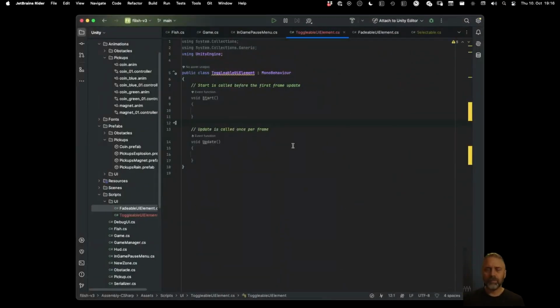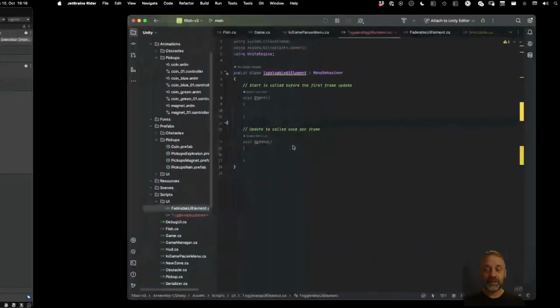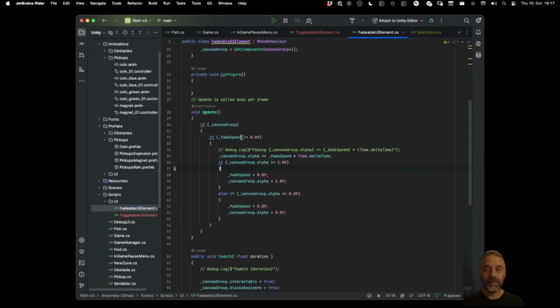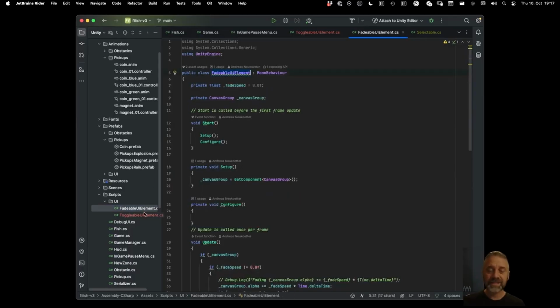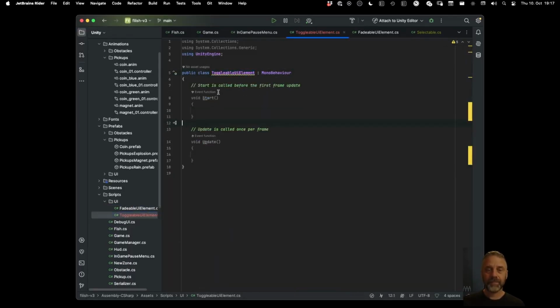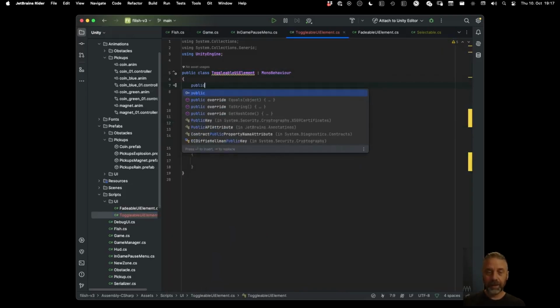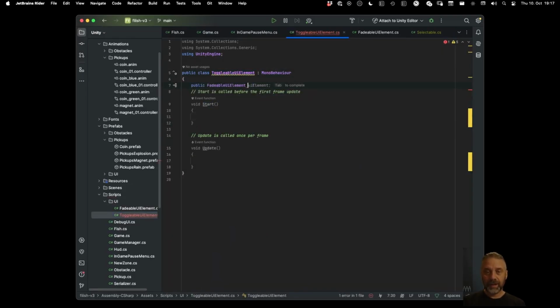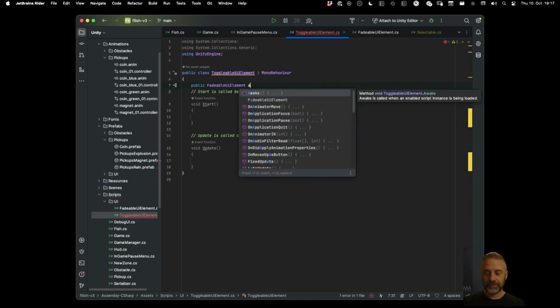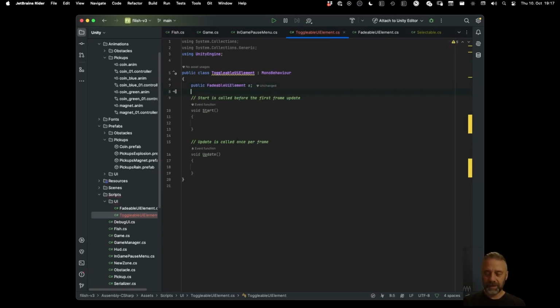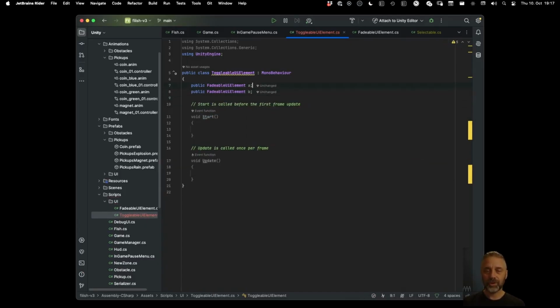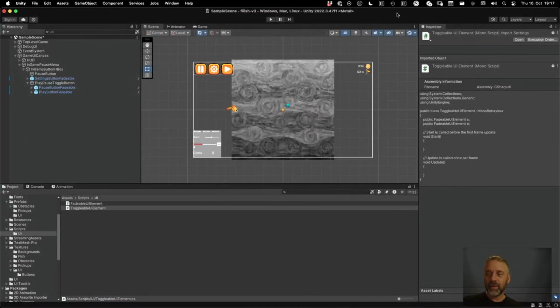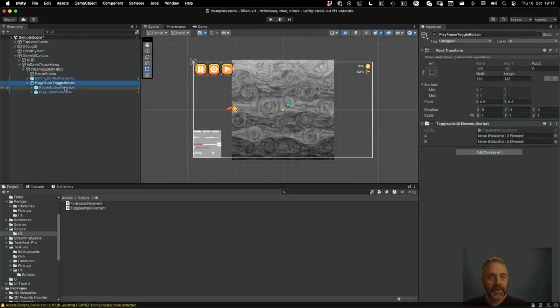And now there are multiple ways we can do this, right? We know we have the fadeable UI element, and we can just say, let's keep it simple for the moment, right? So we have a public fadeable UI element and call this A. All right, and then we have the same, and we call this B. Not sure why there's a blank line in there, right? And then we wire this up manually. For the moment, we'll do some quality of life work later, but basically this is A and this is B, and